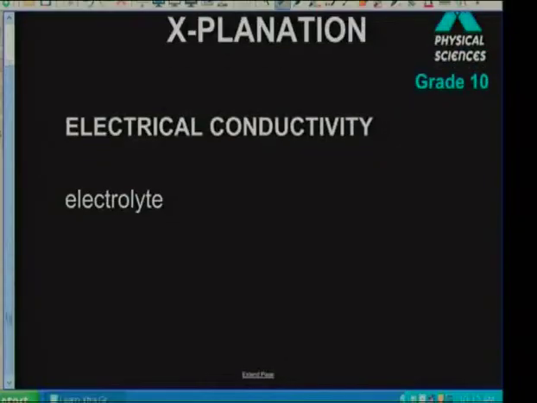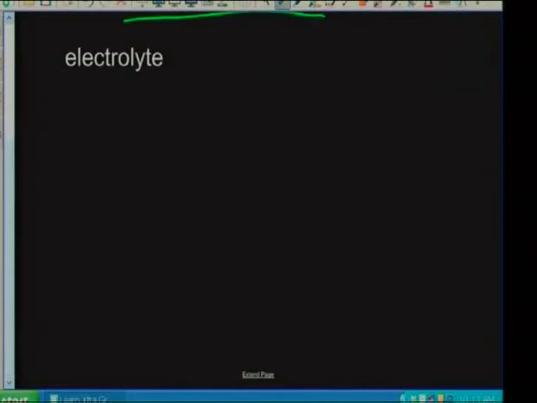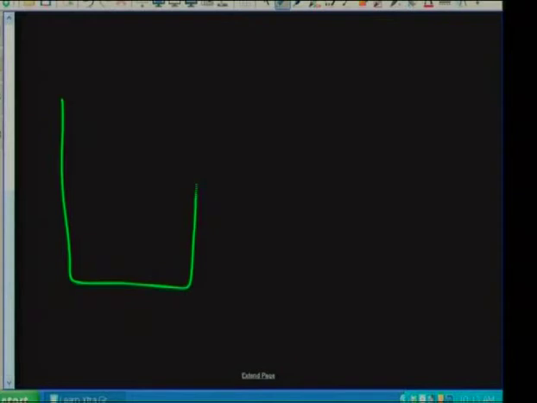What I need you to take note of and remember is that whenever we've got ions that are able to move, then we can get an electric charge moving in a solution. So let's have a look at water first of all, and take a look at this topic of electrical conductivity. We're going to come back to some terms, but the first thing I want to do is to say, if we've got pure water,